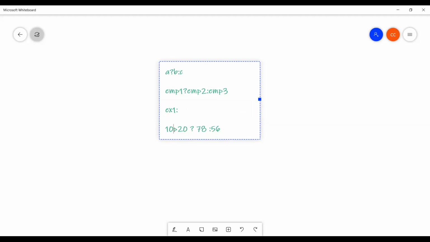Suppose instead 100 greater than 20. Yes, this condition is true, then the answer will be 78. That means if employee 1 is true, the answer will be employee 2. Suppose employee 1 is false,